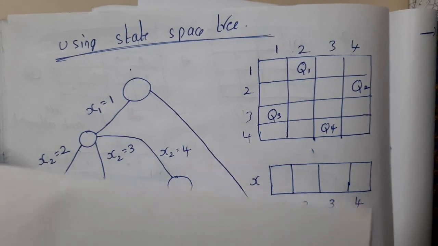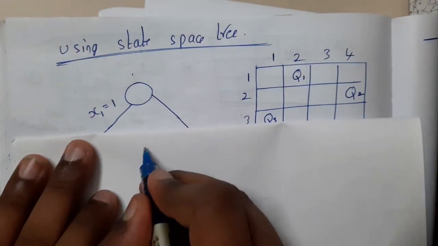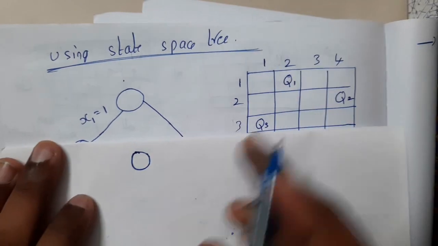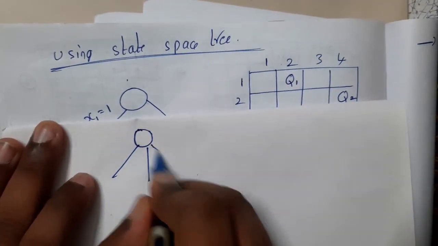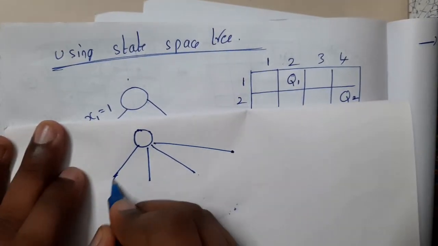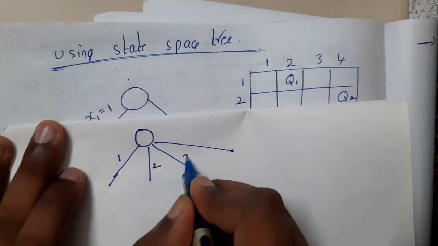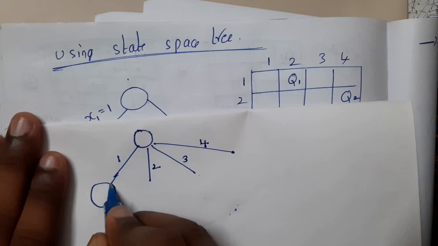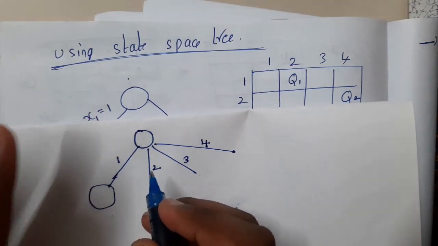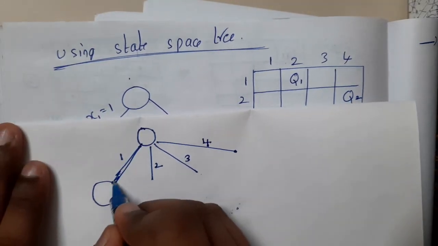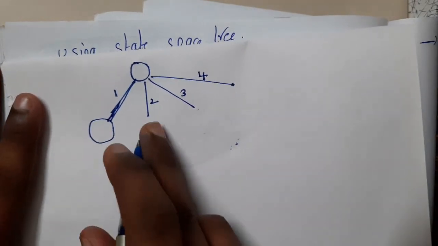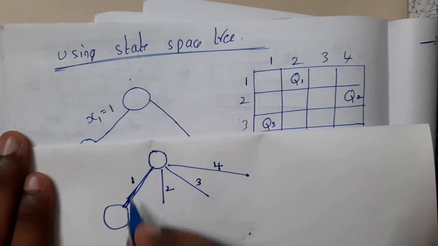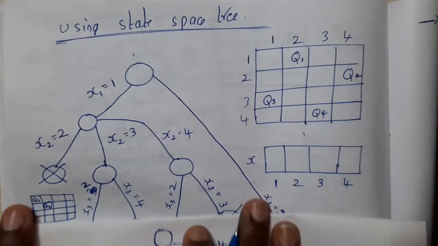Okay, so if you want me to draw, assume that this is our start. So we are having 4 possible combinations. So 1, 2, 3, 4. Okay, so this is for 1, this is for 2, this is for 3, and this is for the 4th position. So assume that you selected the first position. Always go in terms of depth first search. So go in this only. You complete this whole path, come back here. Complete this whole path, come back here. In that way. So once you selected 1 here, your next selection will be 2.